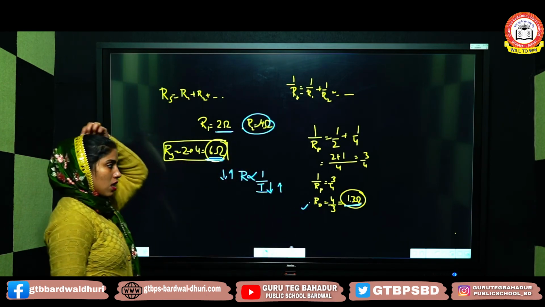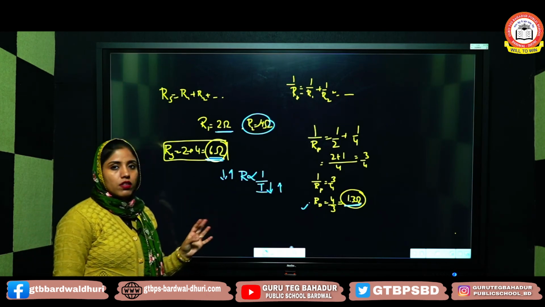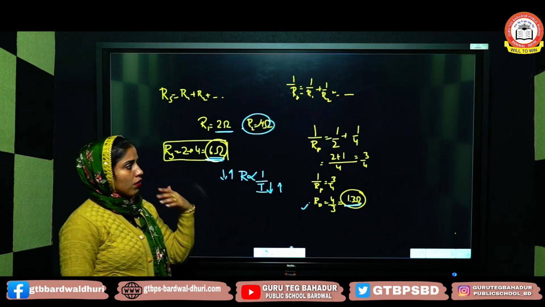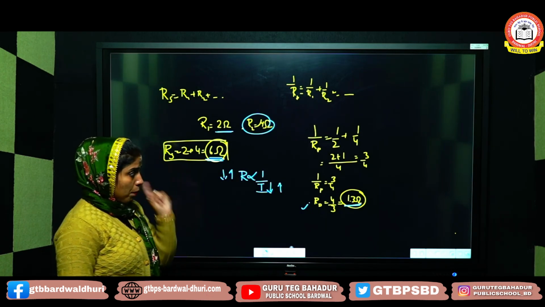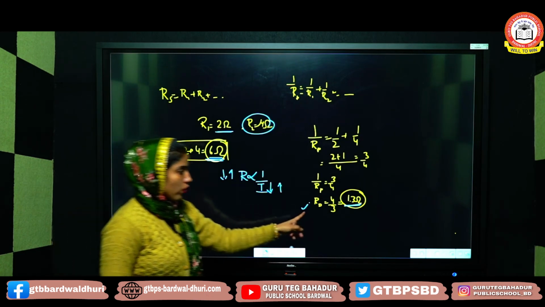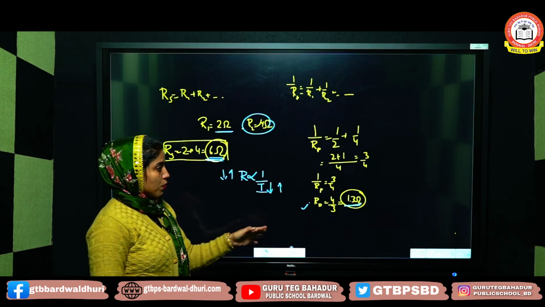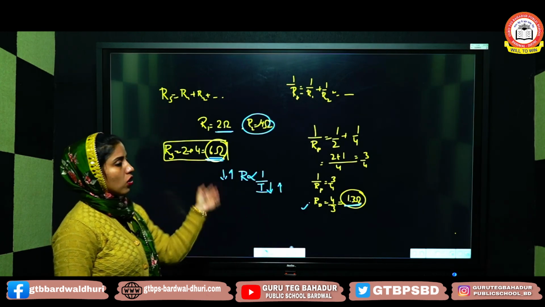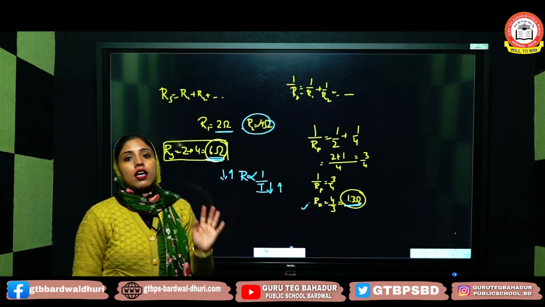Sometimes they ask us why parallel combination is recommended. We know there are some important features, like all appliances have different switches, and all keep on working if one stops working. But the main thing is that the overall resistance of the circuit decreases, which means the current in the circuit increases. And if current increases, all appliances get the proper amount of current so that they can work efficiently.